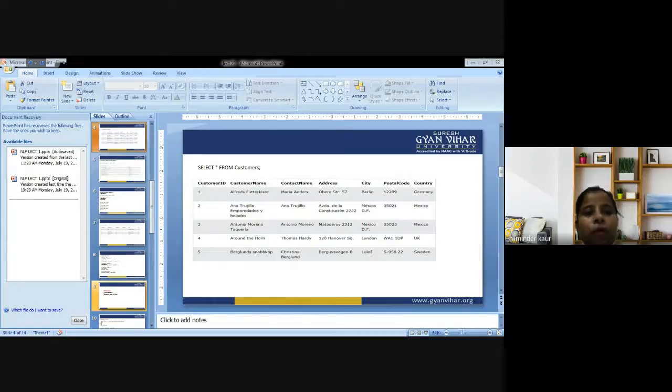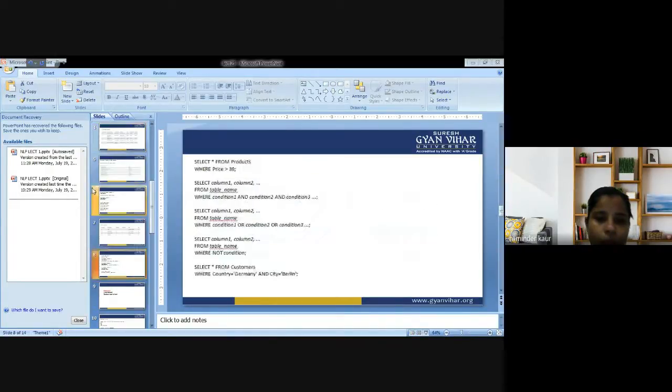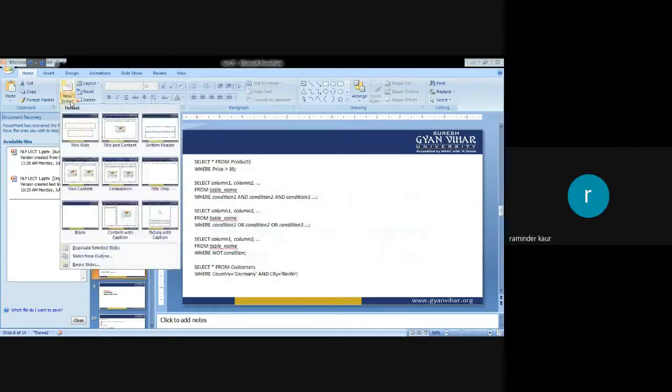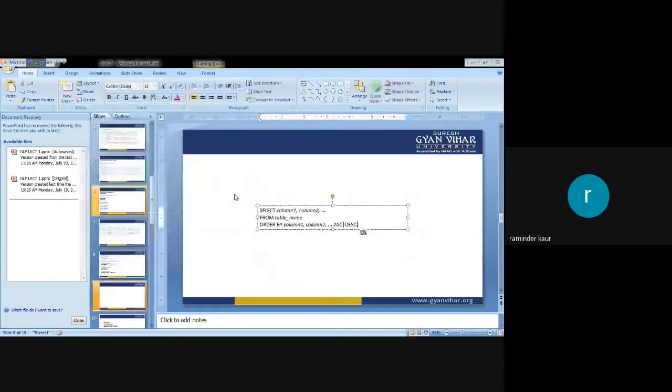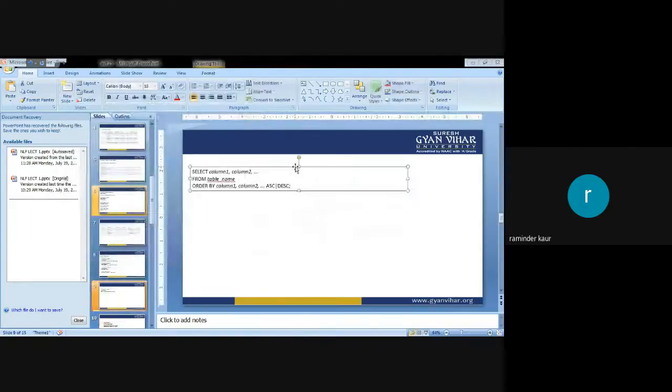So there is the order by clause syntax. This is the syntax for the same. Select column number 1, column number 2 from table name.